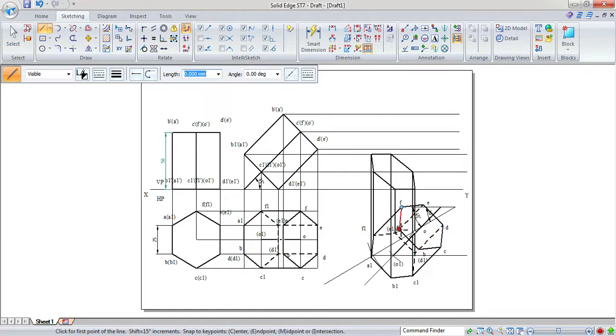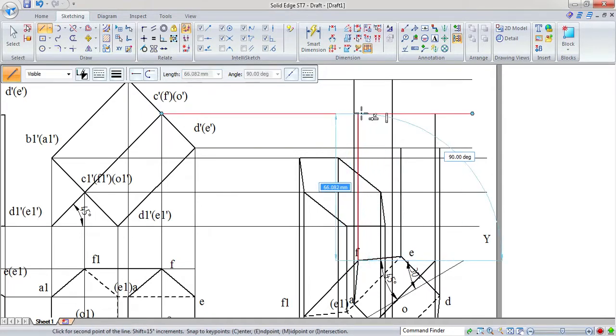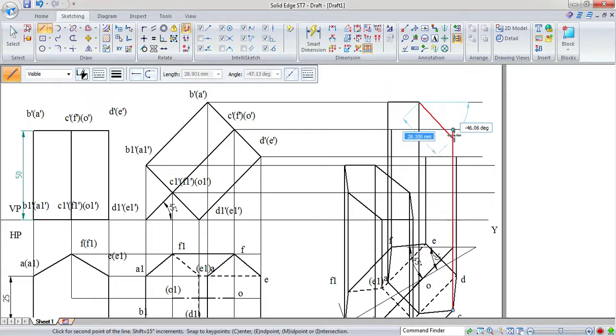Now A is here, look at the horizontal A. Now go for B. Now look at the C point, then D point. So B will be here, so just zoom the area because it is very close. Next again go for E. E will also be up to this point. Next F. Yes. Now again connect the top face. Now A, B, now this is C, this is D, D to E, E to F, and F to A.